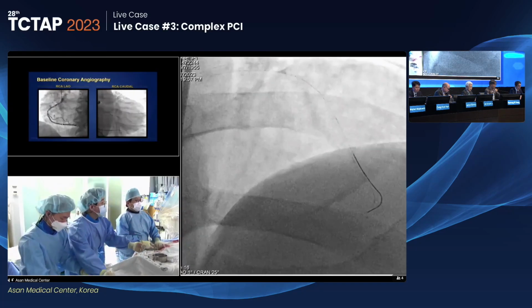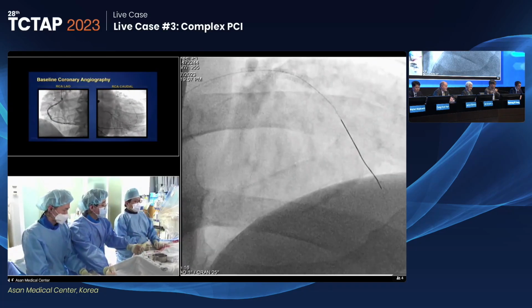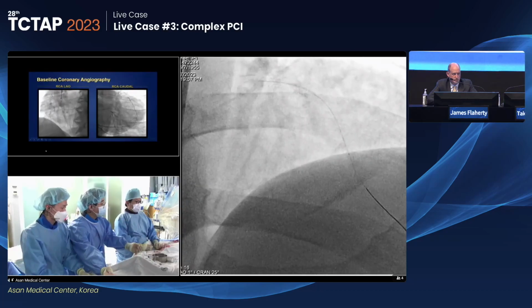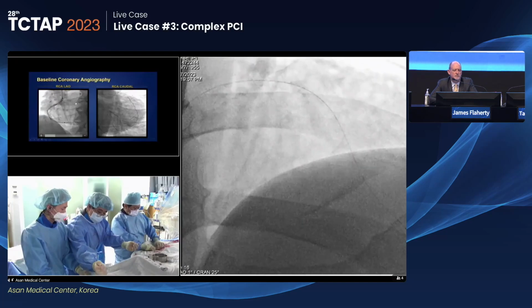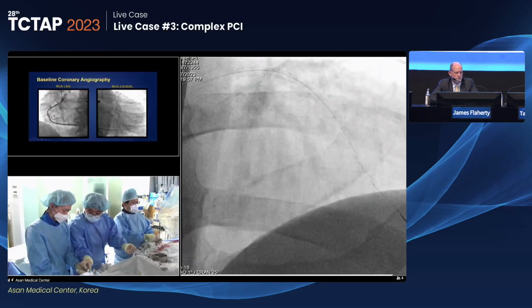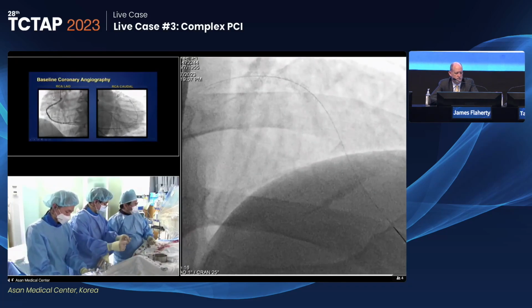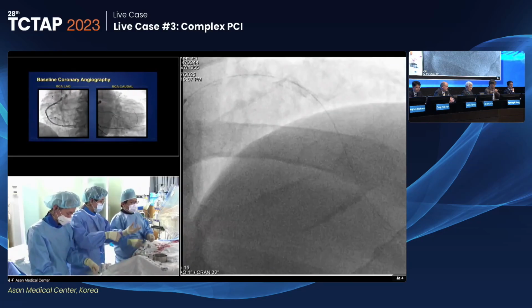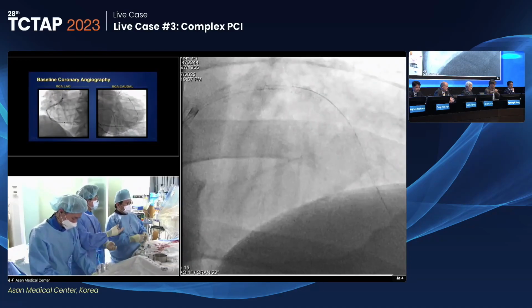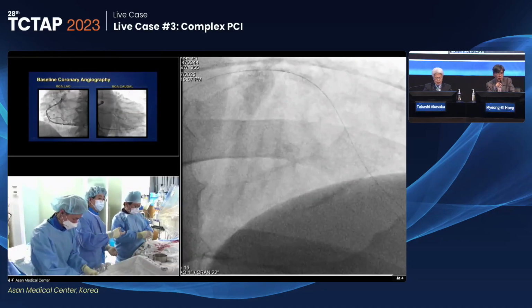So here the antegrade flow is a little bit slow after the wire insertion, but as I mentioned, there is a collateral flow from the RCA to the distal LAD. So the patient didn't complain of chest pain. We don't worry about the